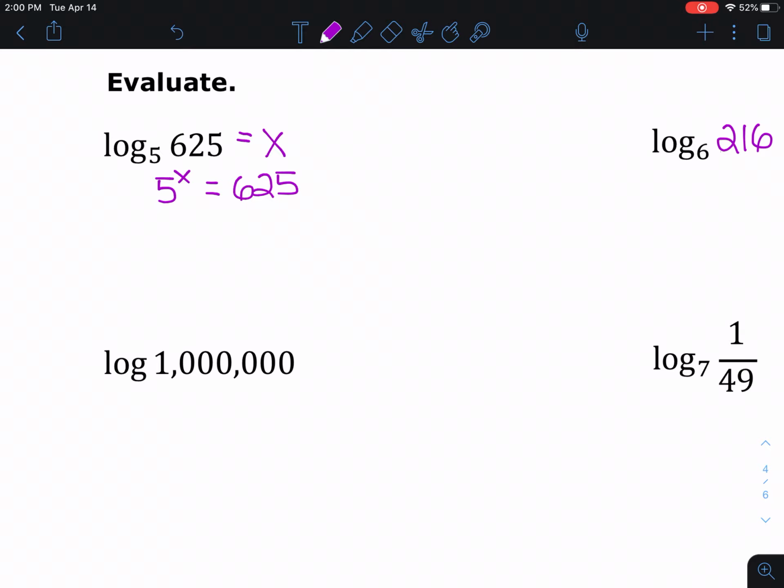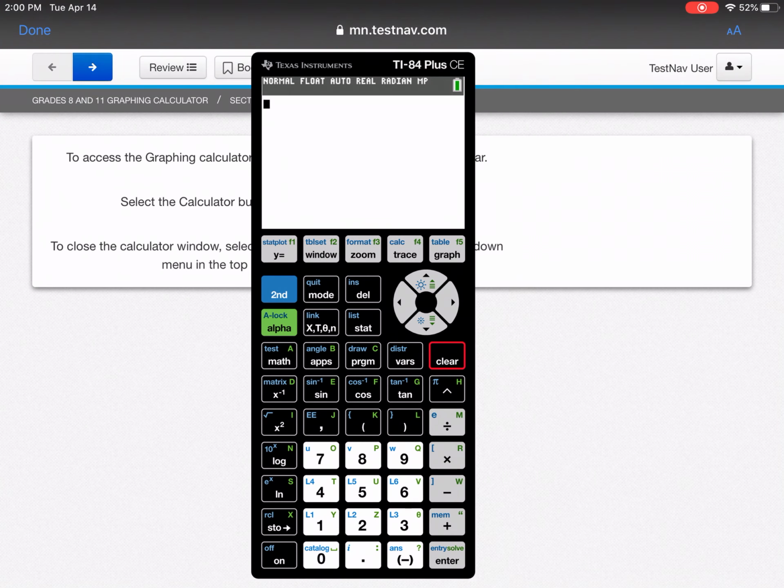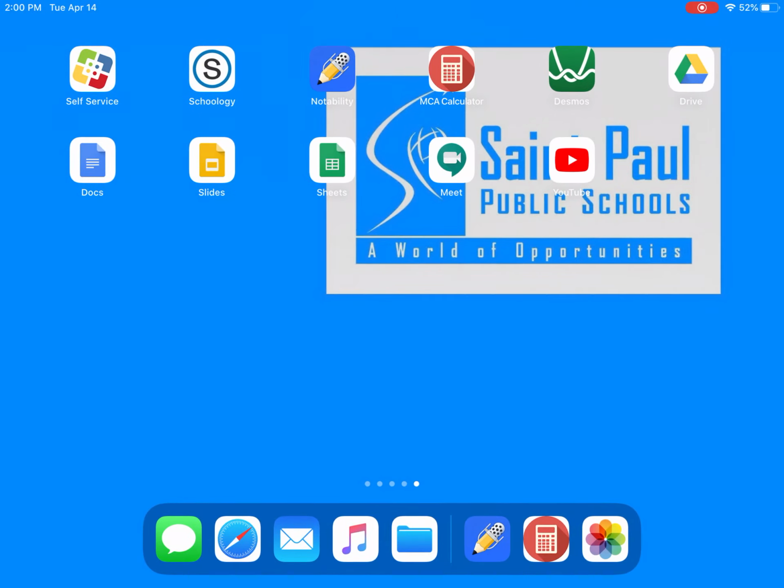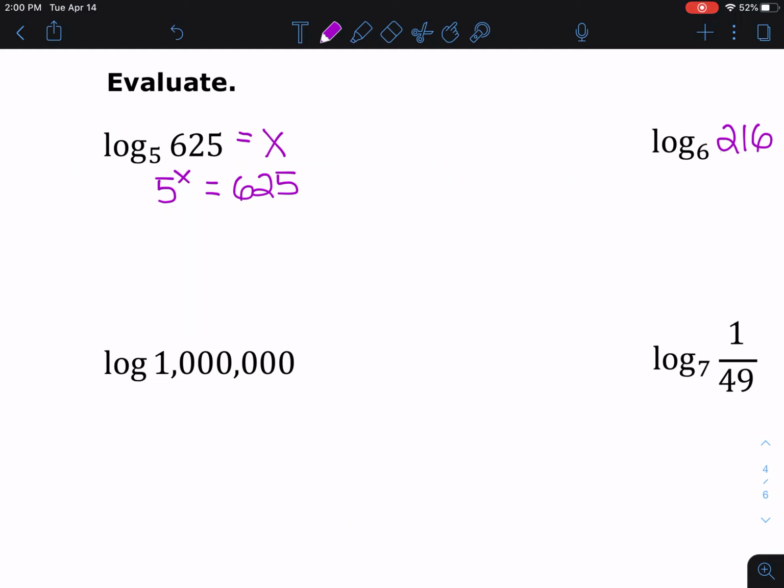You might not know that, so you're going to go to your calculator and try some things. So 5 to the third is 125. 5 to the fourth is 625. Okay, so there it is. So now I know that 5 to the fourth is 625. Okay, so what does that mean? It means